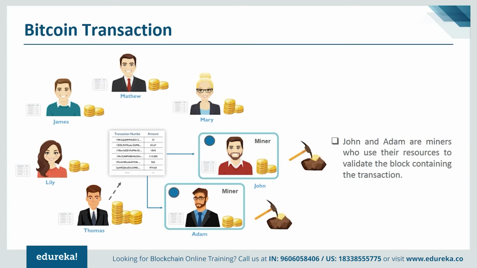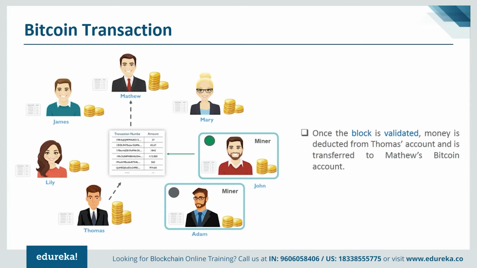Once either of them have verified this transaction, they're going to suggest to everyone else as part of the network that this is a valid transaction and the amount can get deducted from Thomas's account and can be sent to Matthew's account. Now, you may be wondering, why would John actually spend time as well as Adam waste their resource